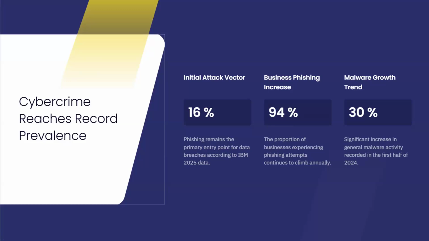So first, looking at the slide, we see that phishing is the easiest way of trying to breach any organization. Business phishing increases by the day, 94%. Record has statistics that the proportion of businesses experiencing phishing attempts continues to climb annually. As of 2025, 94% of organizations have experienced this, and it continues to grow by the day. And that's the malware growth trend. So malware grows 30% exponentially. What that means is